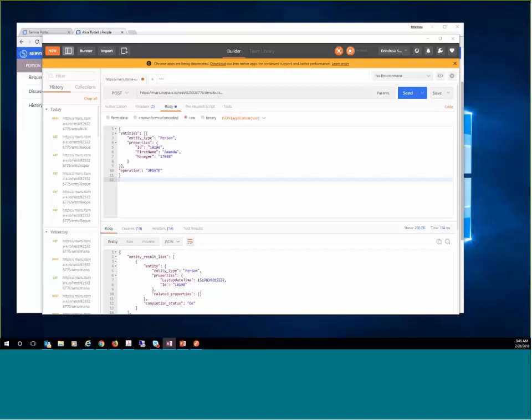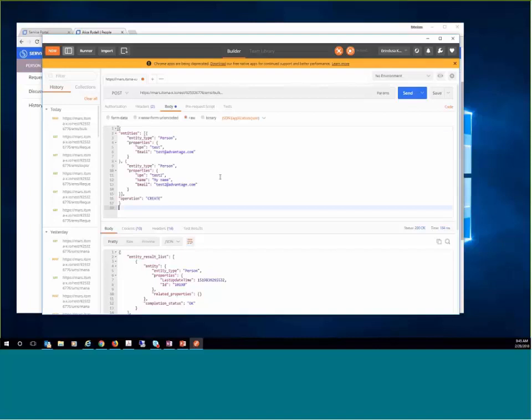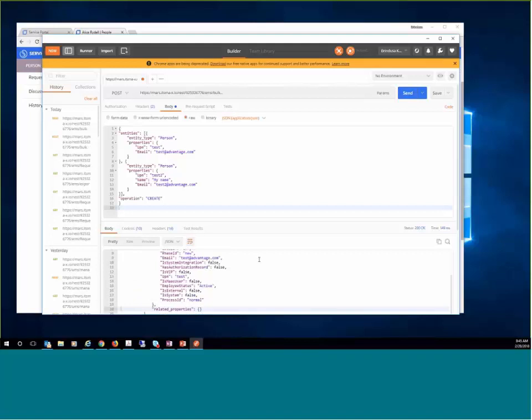Now let's try to create two records. I'm going to copy here these two very simple records. We don't have a lot of information, just a few fields, and let's see what happens if I click on the send button. So what you see in the response here, if we scroll down, is that the